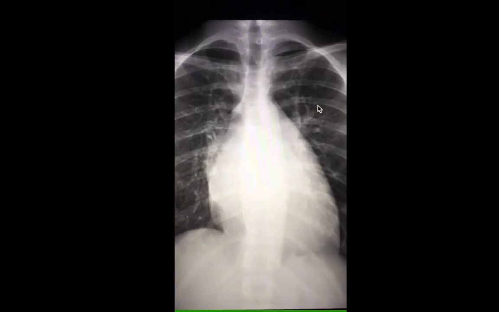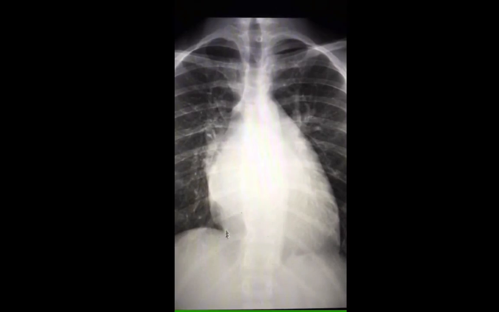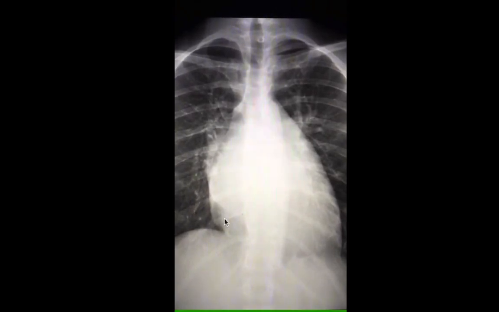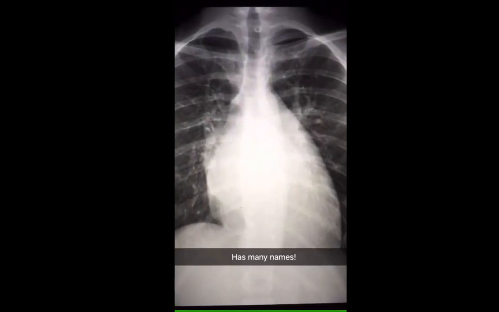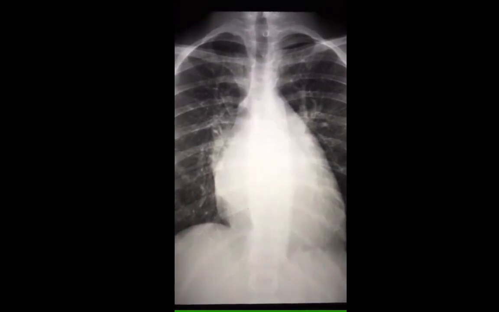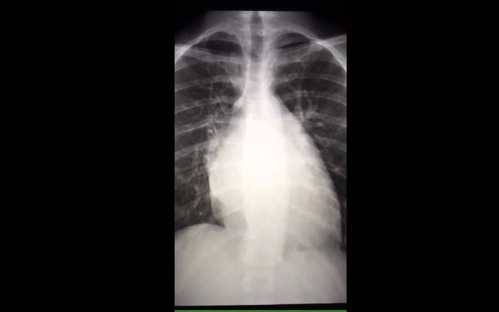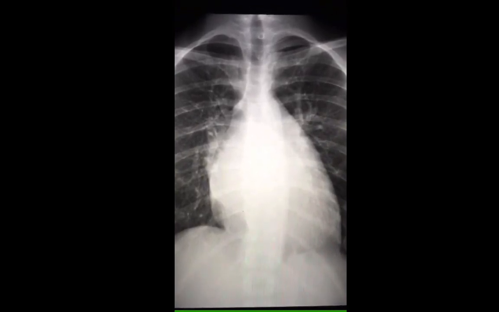Due to the effect of gravity, the vessels in the upper lung should be smaller in size compared to those in the lower lung, which is reversed in this case. This abnormal finding is known as pulmonary venous congestion, vascular redistribution, upward diversion, or cephalization. This sign denotes that the pressure or volume in the left-sided heart is so high that the venous system cannot